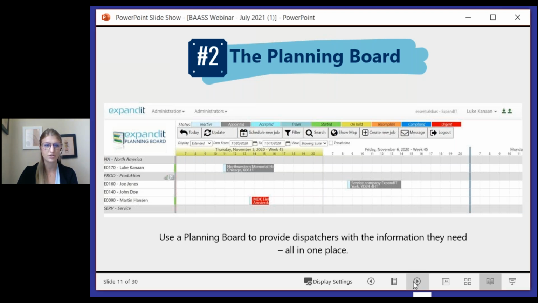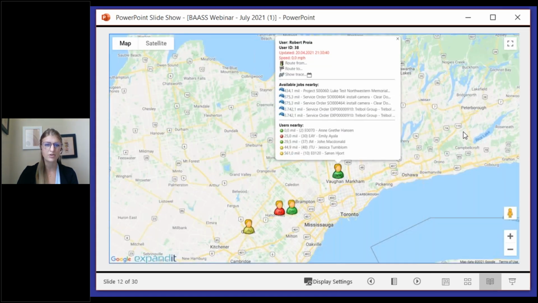So there's another view as well, and the other key benefit of a scheduling tool is the integration to a visual mapping tool. So you can see our little Lego people here. They're meant to signify your field workers out in the field. You can see where they are, whether they're leaving their home in the morning, whether they're already at the job,